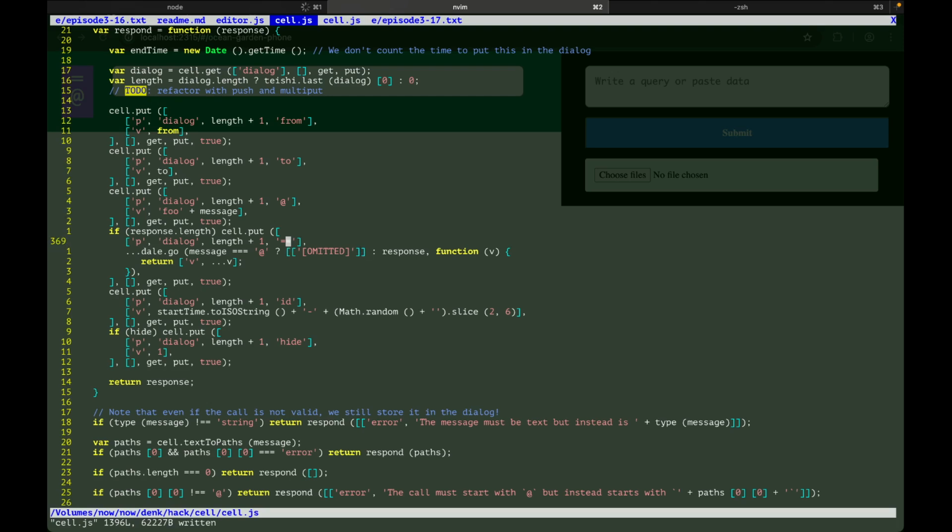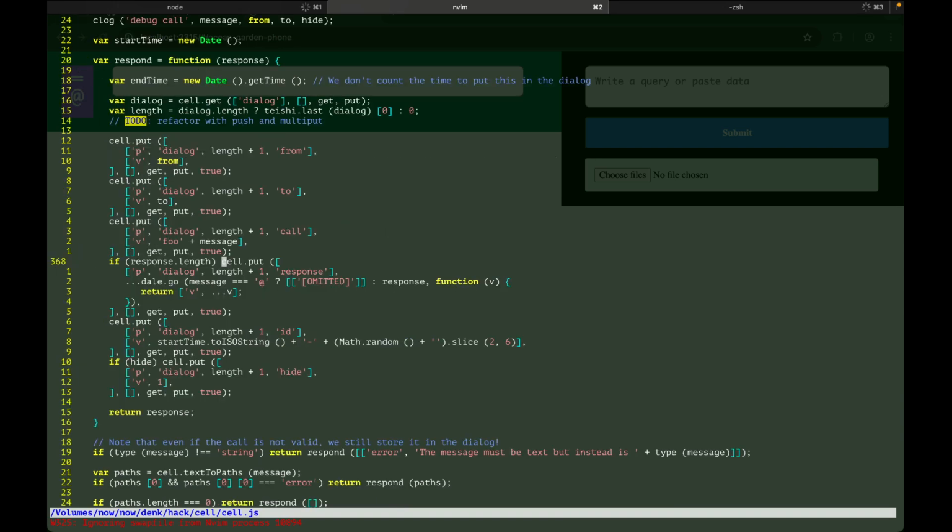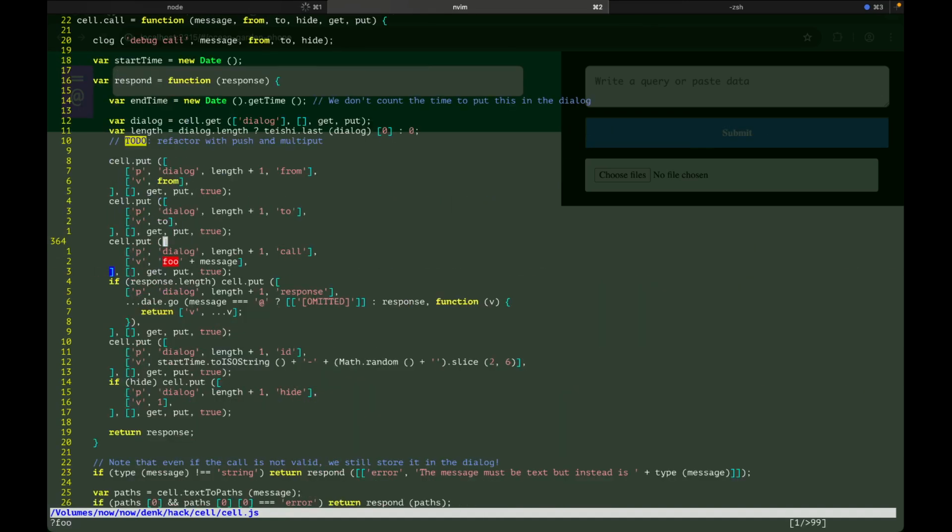Yeah, it's the add on top of the other one. It has to be call and response here. Really. Whoops, why did I close it? And the message, if it's just an add,